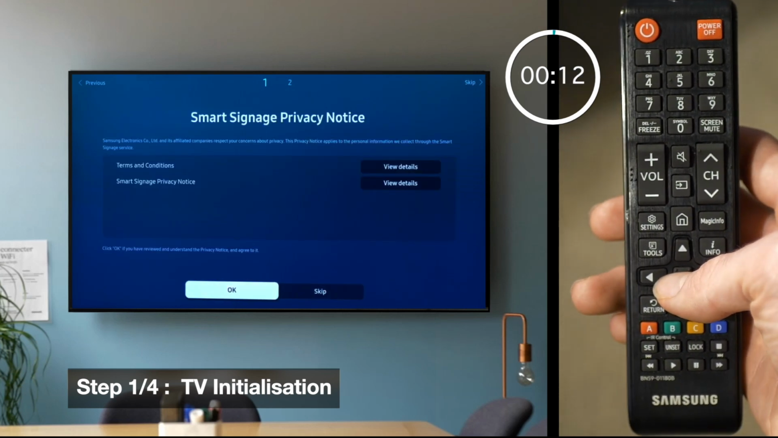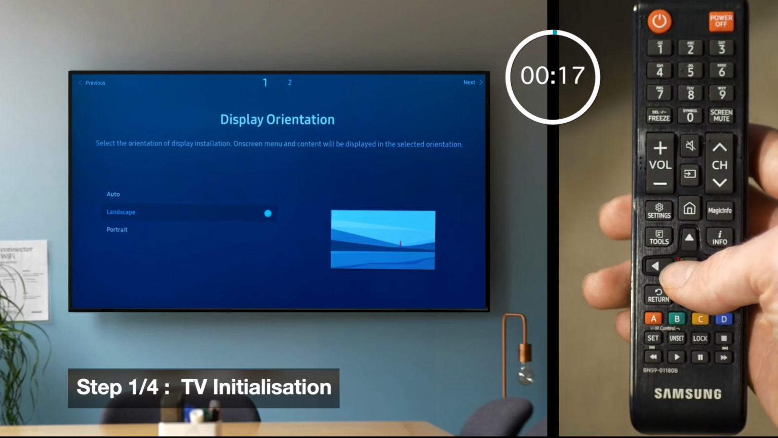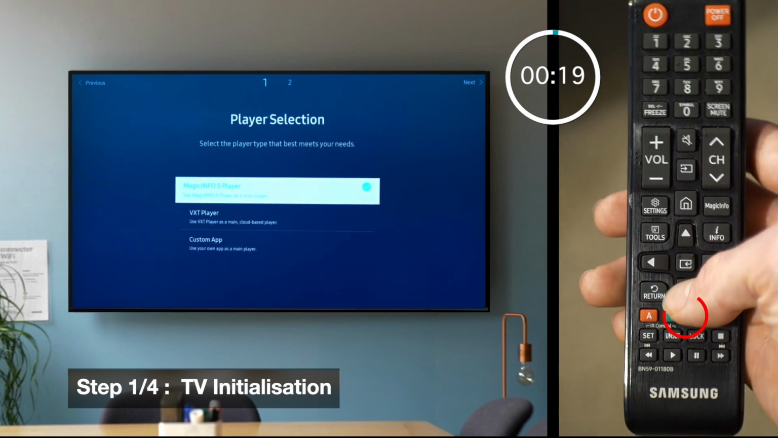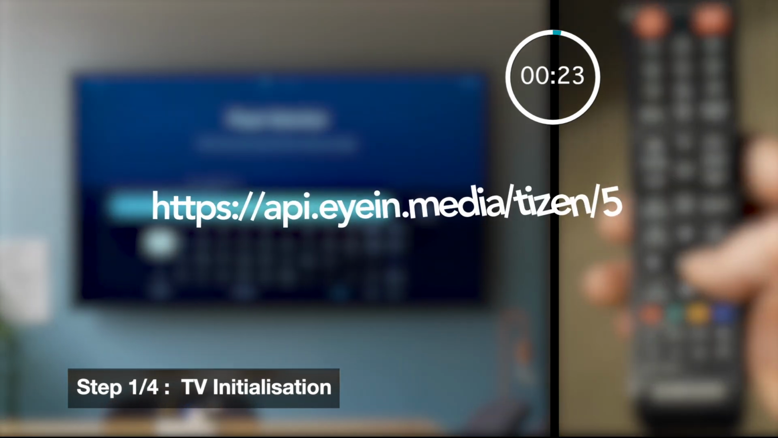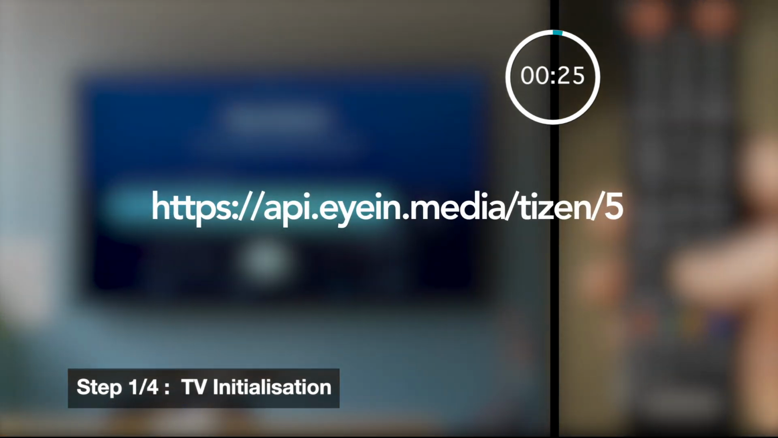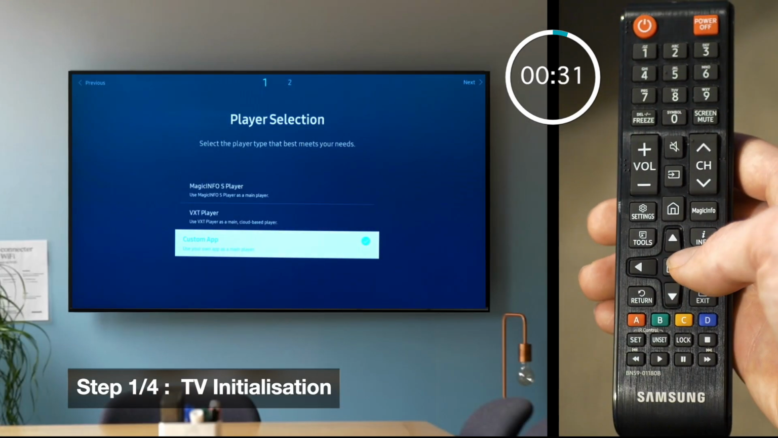Choose the orientation of the screen: portrait if the screen is installed vertically and landscape if installed horizontally. In the list of players, select Custom App. Enter the URL provided in your onboarding email to download the iInfinite player. Once this is done, press Go and then press the right arrow on the remote control to proceed to the